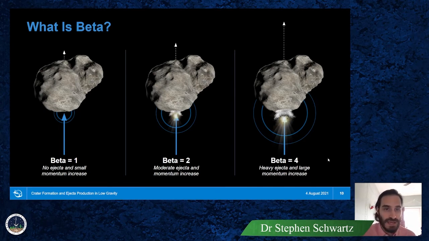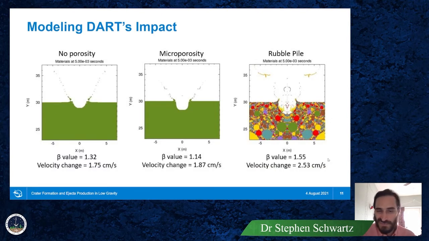And the next slide shows some very preliminary models of different types of targets and what kind of ejecta they produce, and therefore what the momentum enhancement factor would be. Okay, in order to characterize the evolution of the ejecta, the next slide,